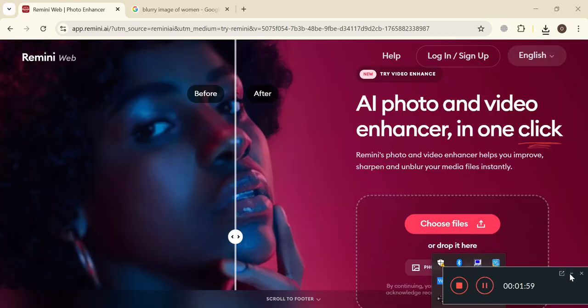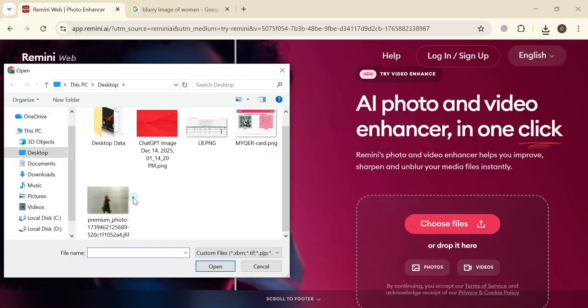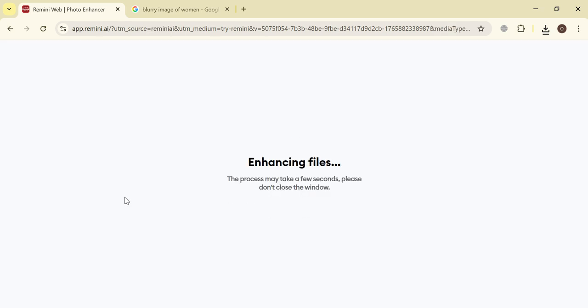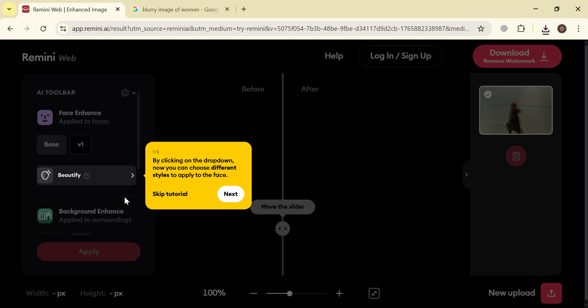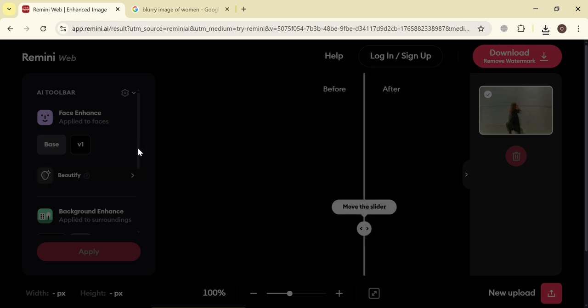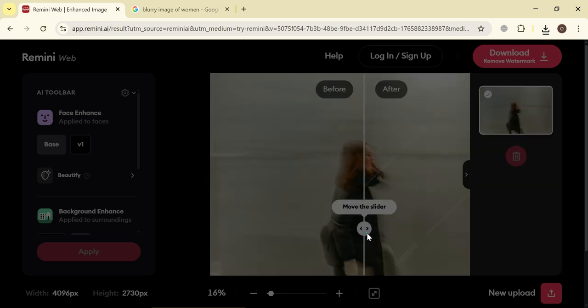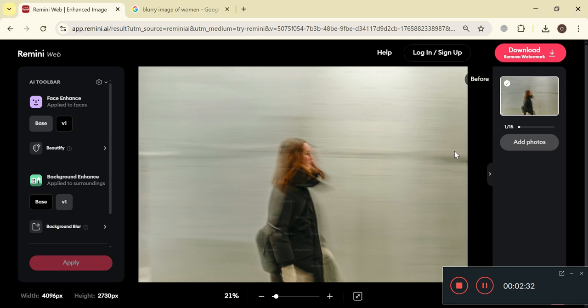So as you can see, we have got the option for uploading our files. So here we will select choose a file and we will upload our file. So let's see if we try with this photo. We have this blurry photo here. Let's see how it works and what kind of enhancement it does to our file. It will just take a few seconds. So hold on for a second. So they have taken us to the dashboard where we can do things manually as well. So let's switch. As you can see, it has created a photo with these effects.